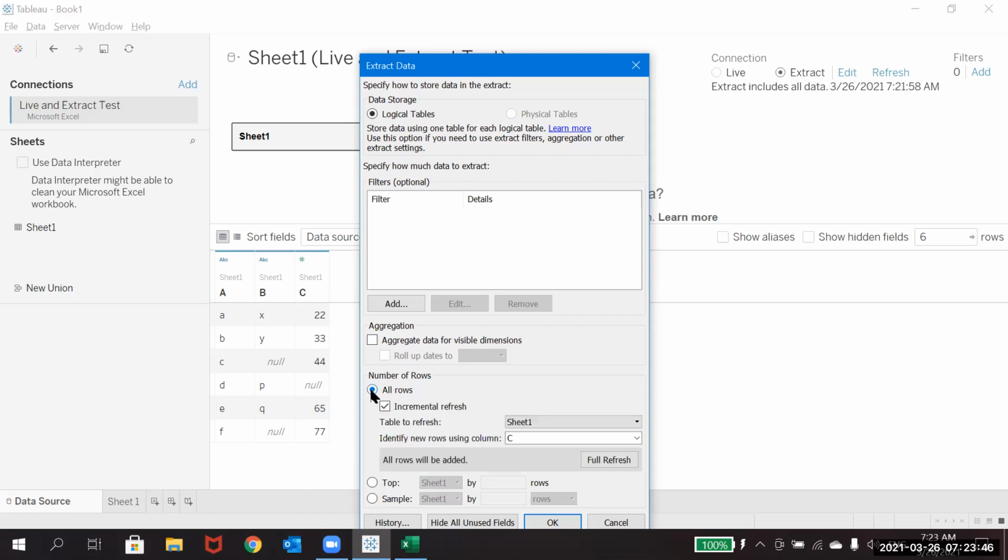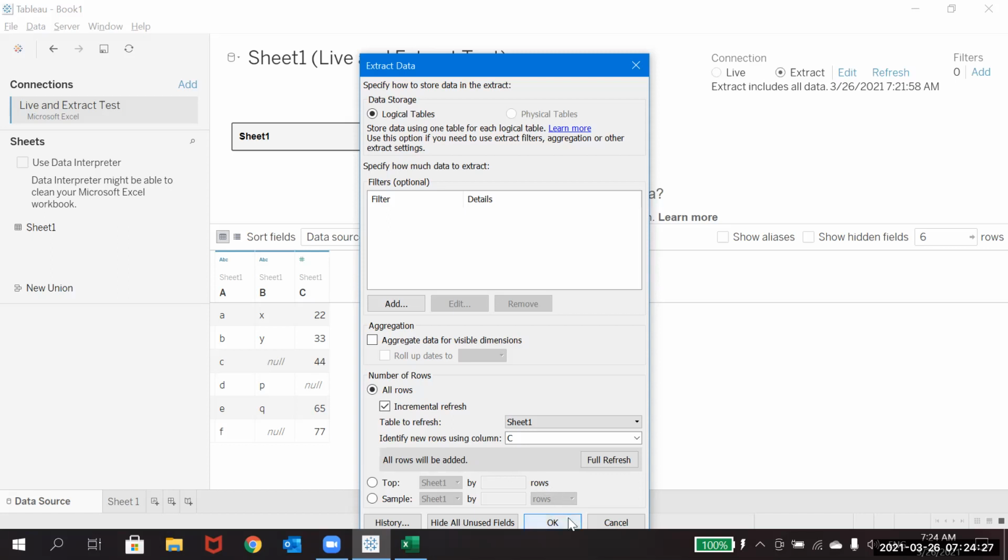Okay, so let me just go to this. If you see, here you can observe incremental refresh and full refresh. Here, all rows will be added. So it means that if you do any change in the data set, it will do the full complete refresh. Incremental refresh, if any records are newly added, it will just refresh that. It will just add them to the data set and leave everything else as is. So whether any changes have been done in that Excel or not, it will not do anything else.